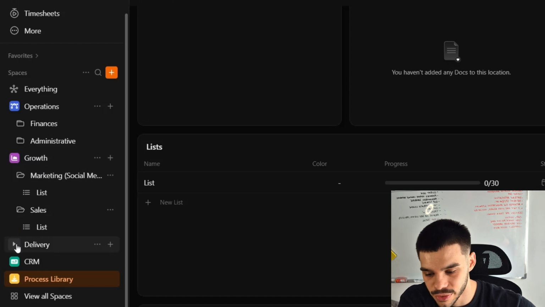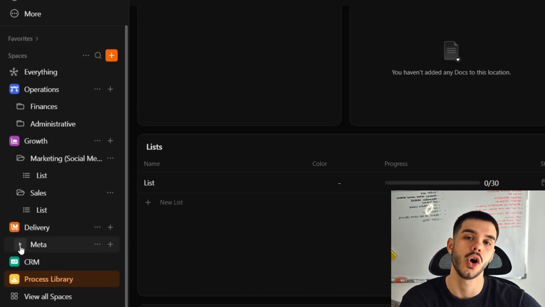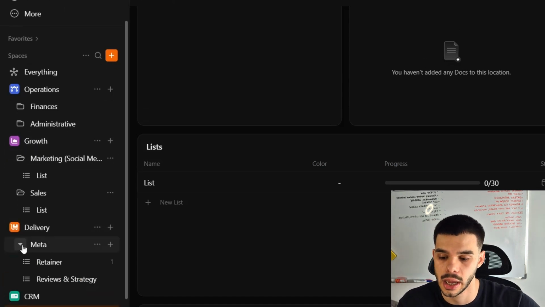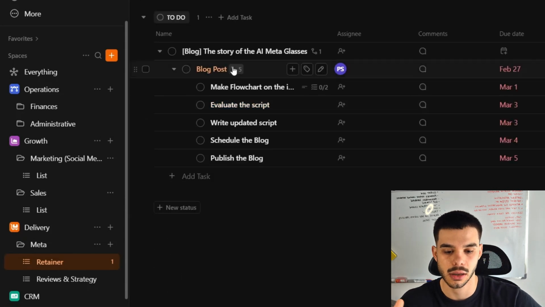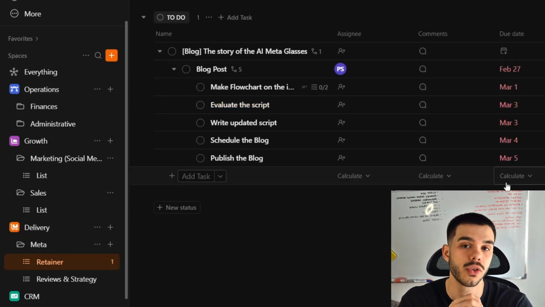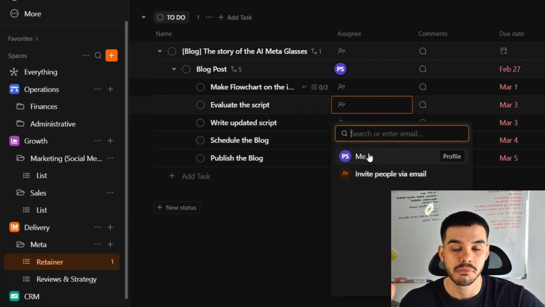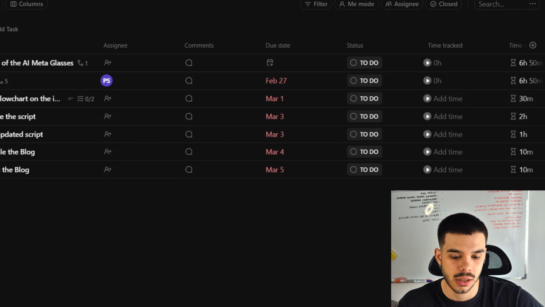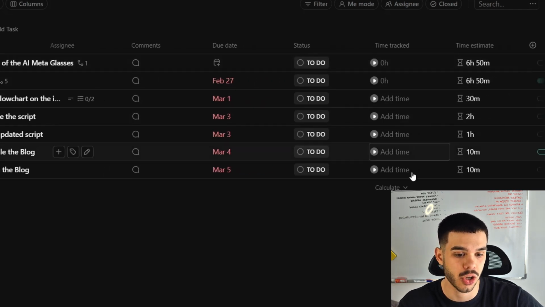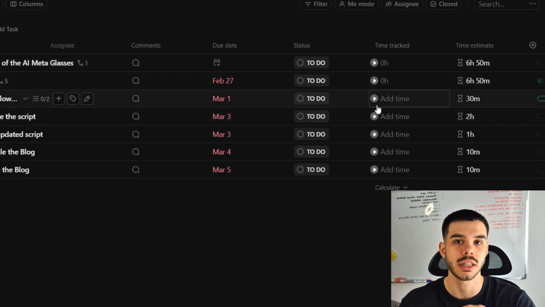Then you can have the delivery space. Here you have folders with all of your current clients and their retainers. And here, maybe in this place, all of your employees or freelancers have access. They have their tasks here. You can assign all of their tasks to each specific member, right? You have statuses, you have time tracking, you have time estimates. You can create templates for these